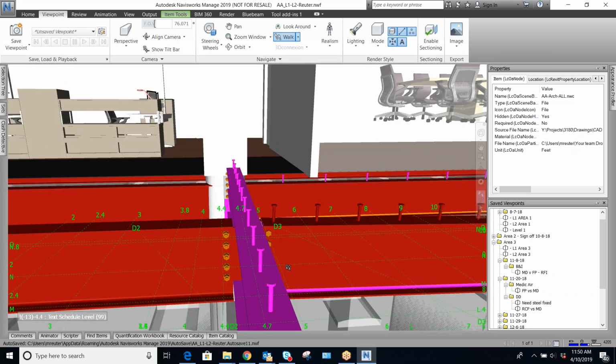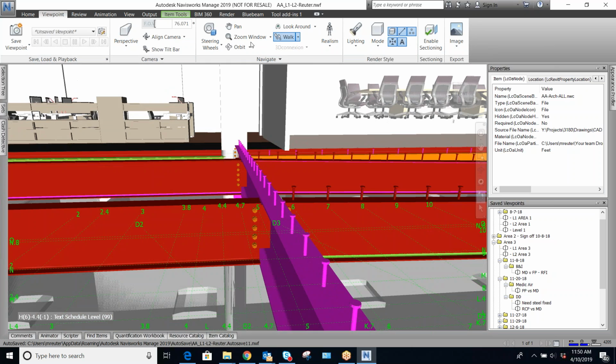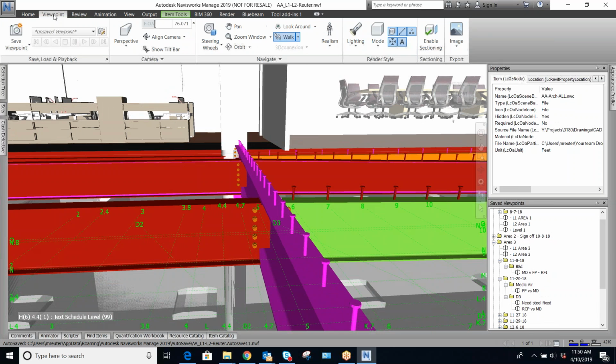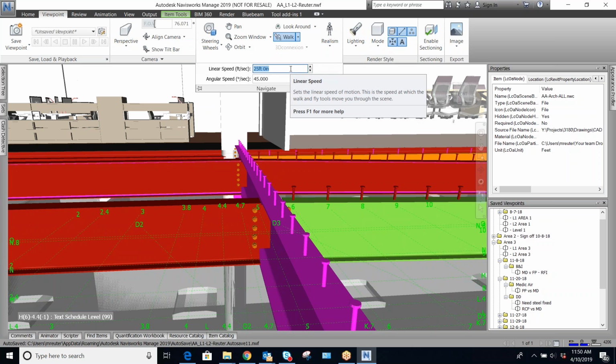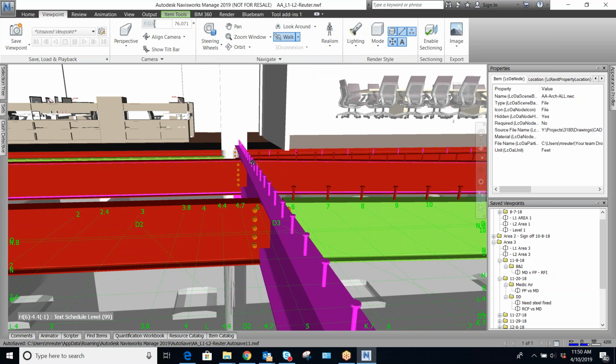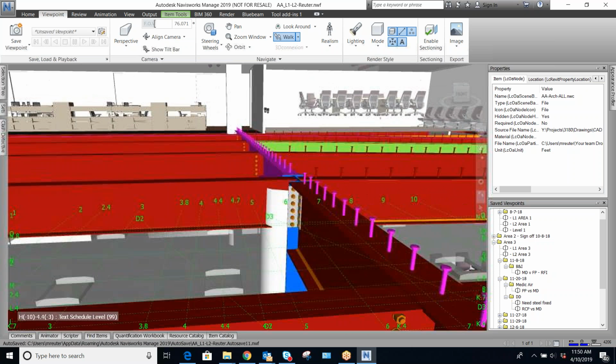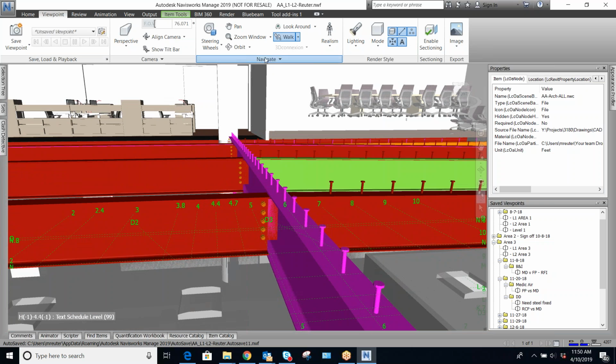If that ever happens to you, come over here into the item tools, the viewpoint tab. Go to navigate, and then change this to something like, I suggest between 0 and 100. So if I go to, let's just say 75, then, see, it's going to move a whole lot faster. Then if I change it to 25,